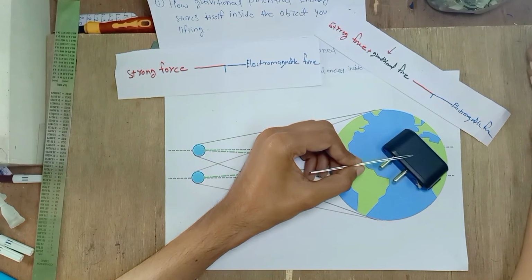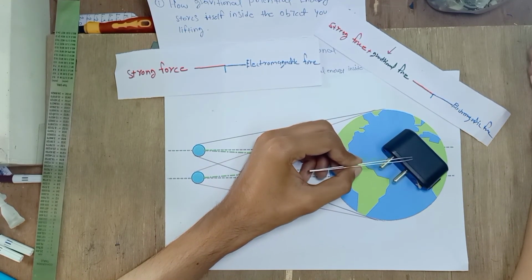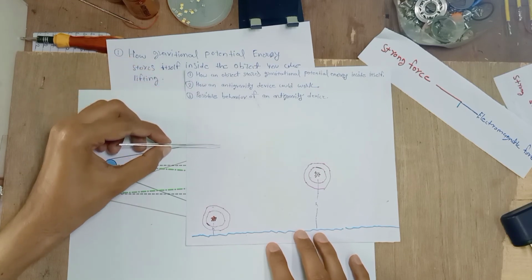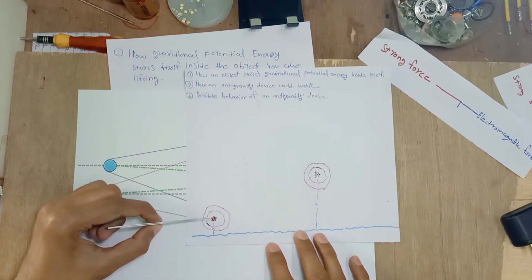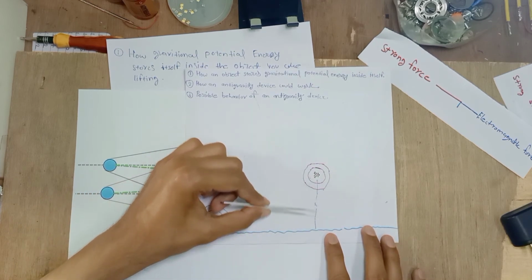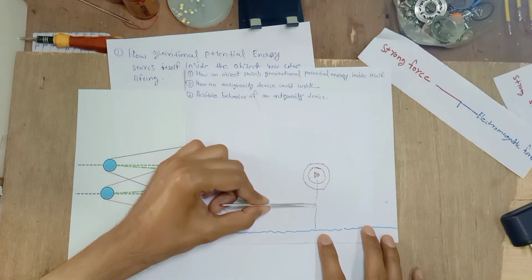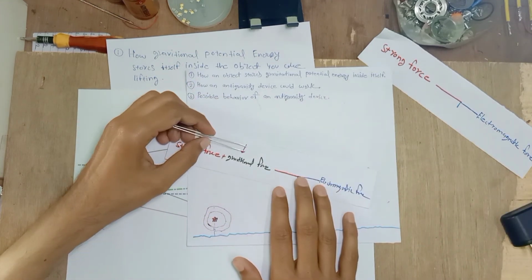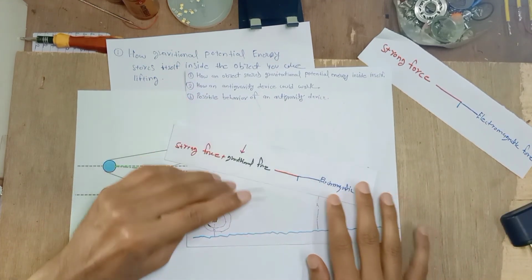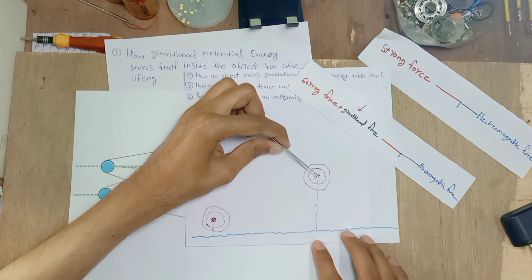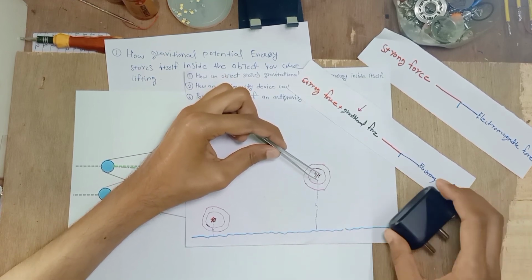and this is how gravitational potential energy stores itself inside any object. These changes inside the particles are so tiny that they cannot even change the physical and chemical properties of the object you are lifting. Even the shape remains the same. When any object falls toward the Earth, the distance between particles decreases. When you lift any particle or object from the surface of the Earth, the height increases, so the gravitational field and its strength decrease. That's why the electromagnetic force increases the distance between particles again. And this is how the object stores the energy.